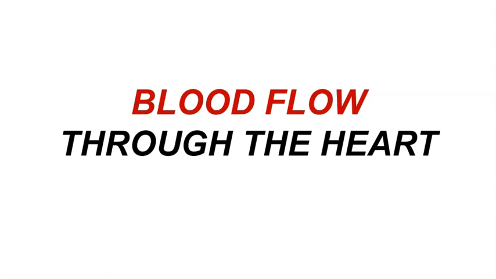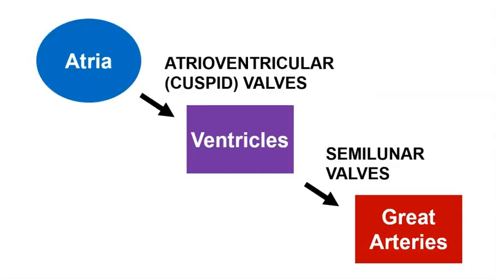So now that we're familiar with the basic anatomy of the heart, we can discuss blood flow through the heart. Blood flows in a single direction through the heart, and we're going to see that two sets of valves will help accomplish this task. When the atria contract, they will push blood through a set of valves called the atrioventricular valves. These are also referred to as the cuspid valves, and that blood will be pushed from the atria into